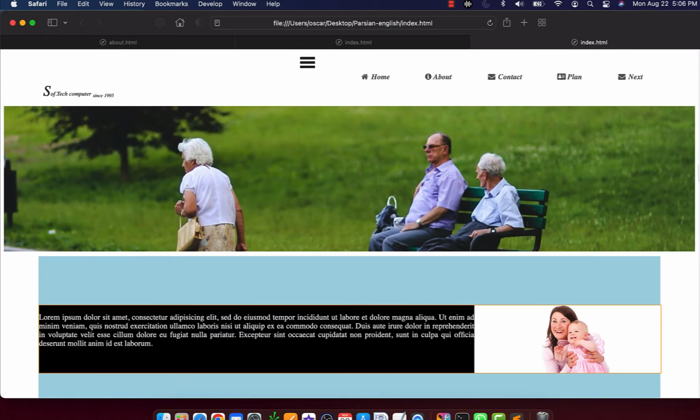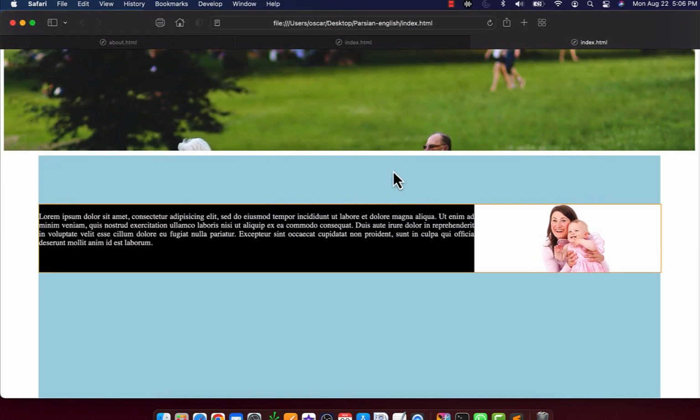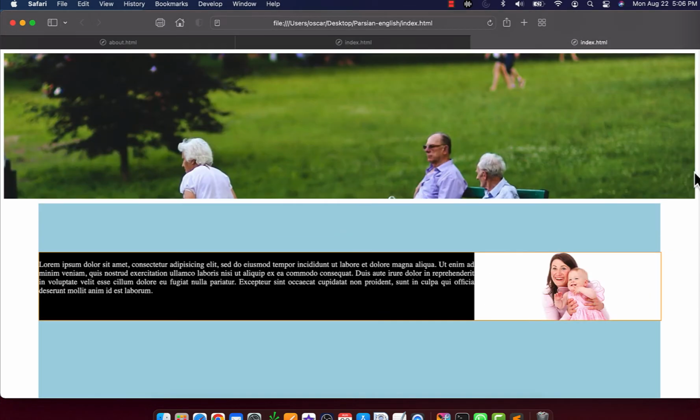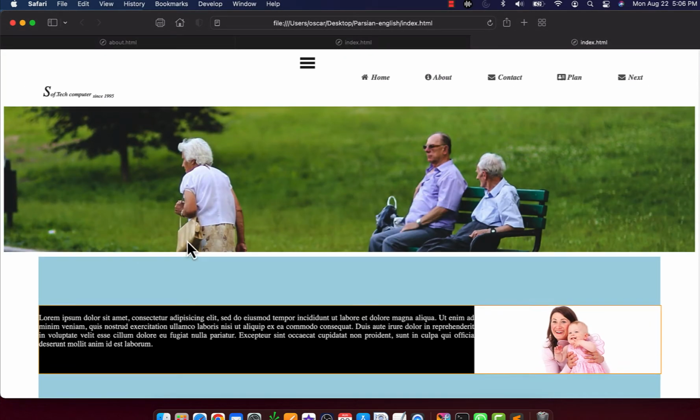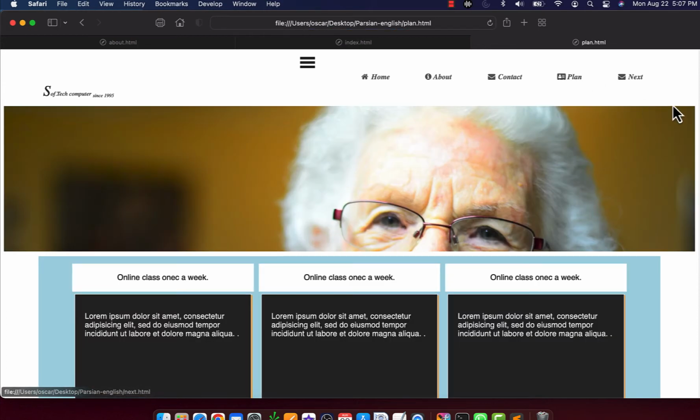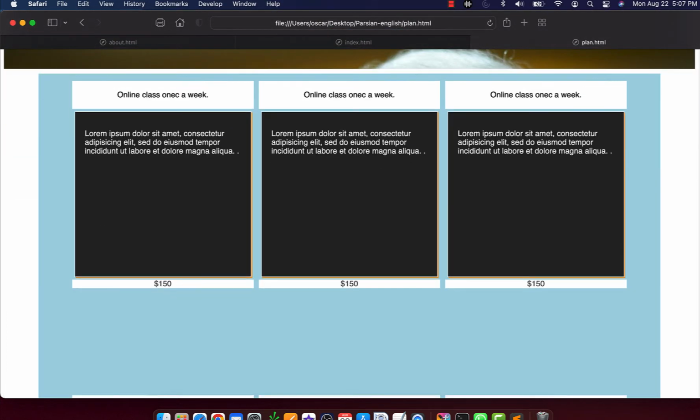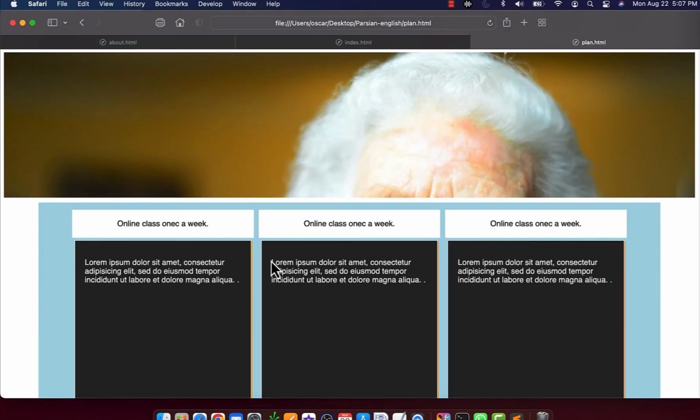See, I have here the main content. I have right now 3, 1, 2, 3. One of them is going to occupy everything. So I have to have 3 boxes here, 1, 2, 3. This is images, this is text that we are going to read, and that's going to hold both of them together. If we are in this case, look at that. What happened? I have the same thing, and it's going to occupy only one, but this is going to be 3 columns, or one section to be 3 columns. But we use it for